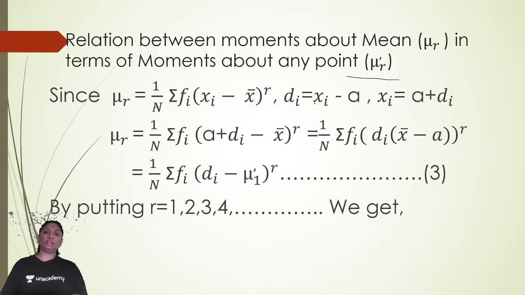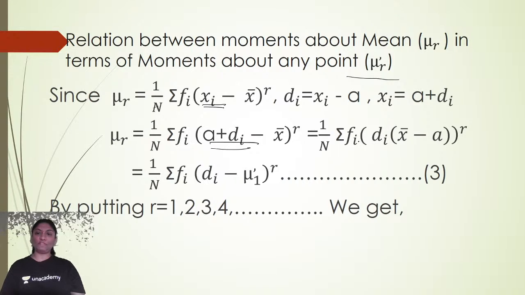So di is equal to, yesterday we have seen how to calculate di. So di is equal to xi minus a. So here xi is equal to a plus di. Okay, so you will get directly xi is equal to a plus di. Now mu r is equal to, now just put the value of xi here, that is a plus di. So a plus di minus x bar bracket raised to r, which implies 1 upon n summation of fi into,